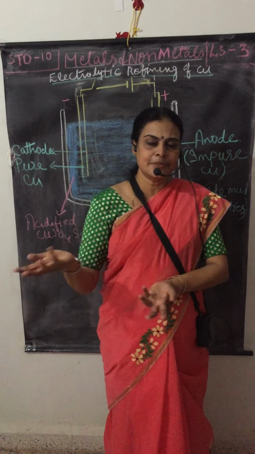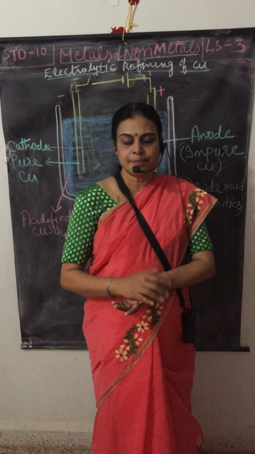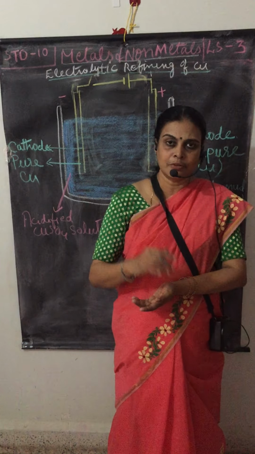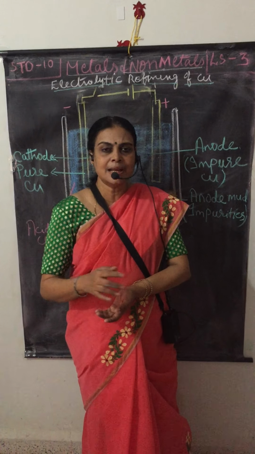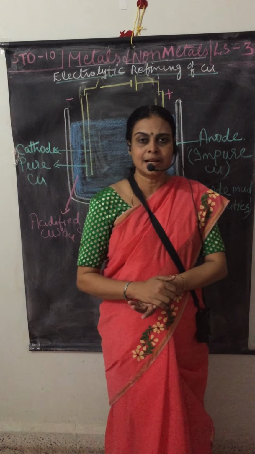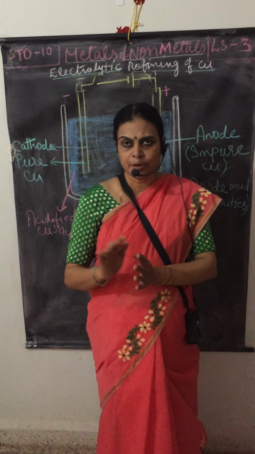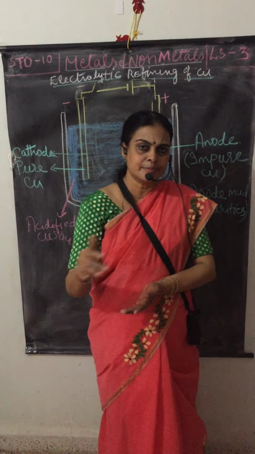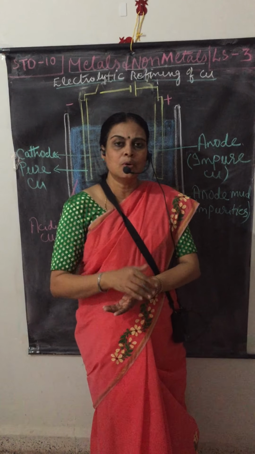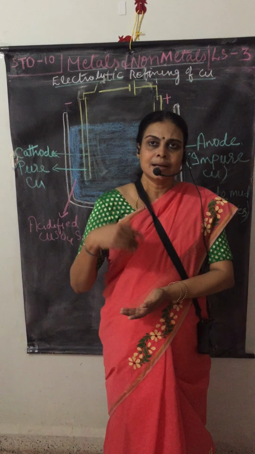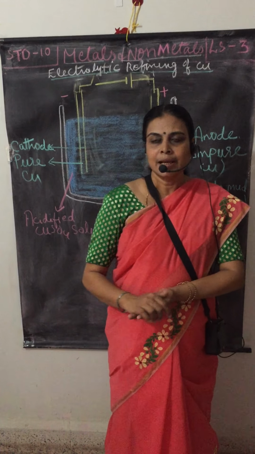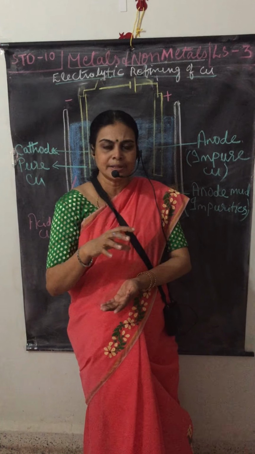And you are familiar with different types of alloys. Brass is an alloy of copper and zinc. Bronze is an alloy of copper and tin. Similarly, if mercury is there in any alloy, it is called an amalgam. So different alloys are there. The properties of alloys are different from those of the original metal. It has a low melting point. Then you're familiar with gold. The purity of gold is determined by what is called carats.